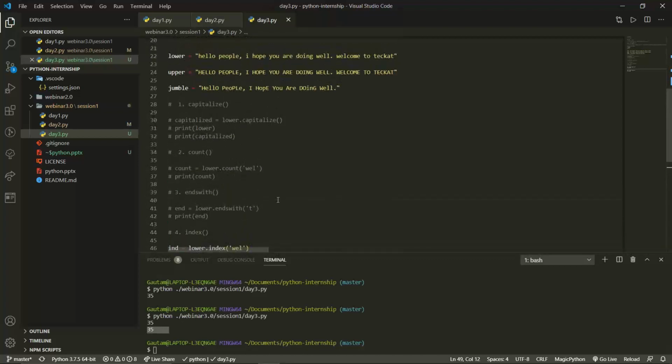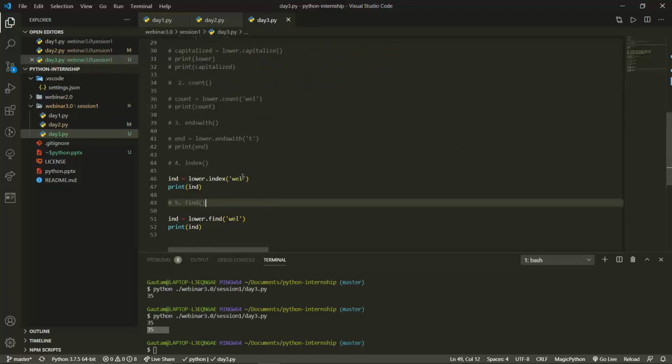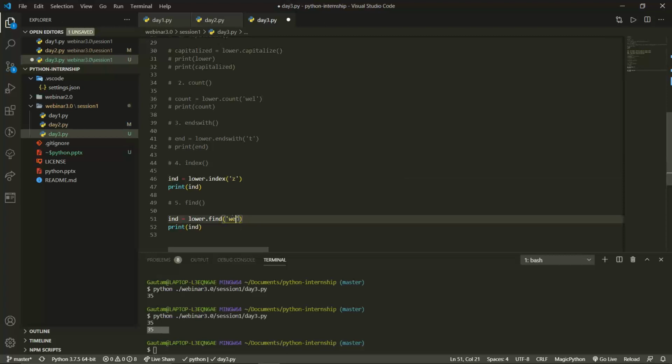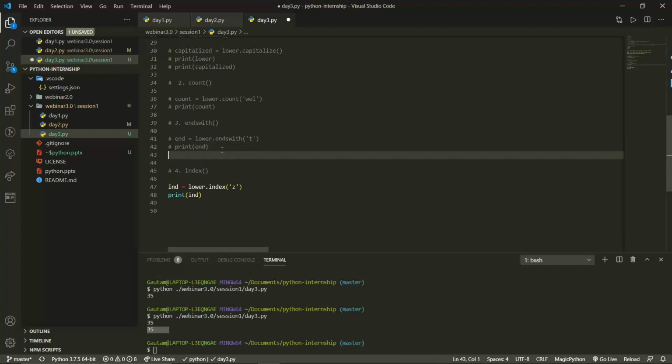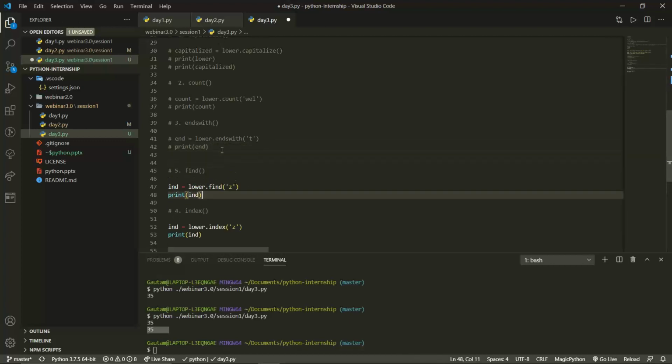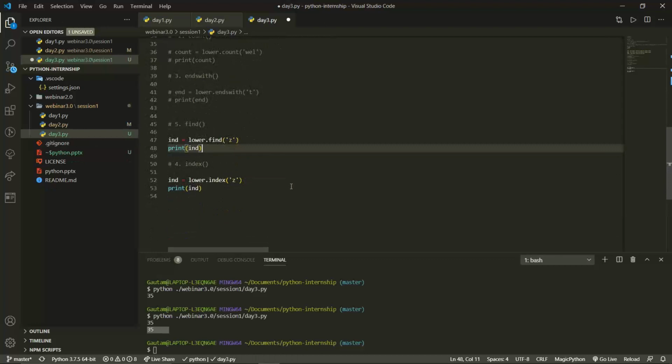Now the difference comes into play when you don't get a value. For example, there is no Z over here. So I will search Z in both, Z in this and Z in this. Now I would love to replace the values, otherwise you won't understand the thing. I will just replace the words, the position.